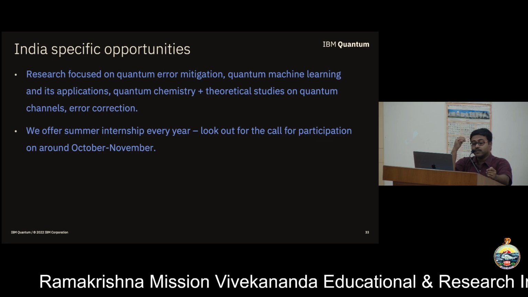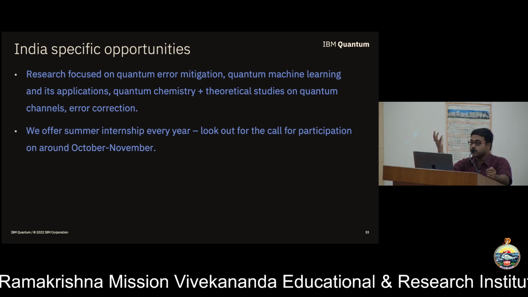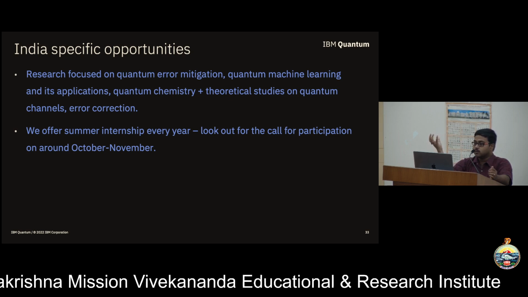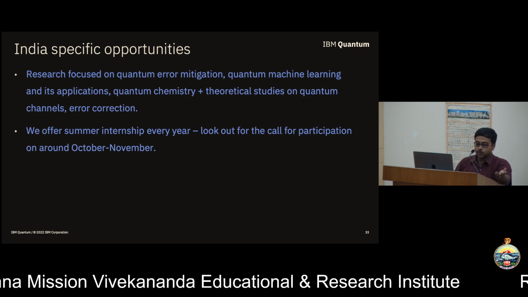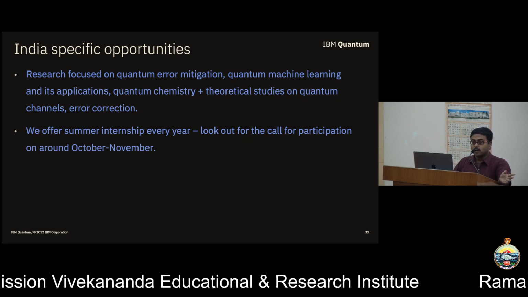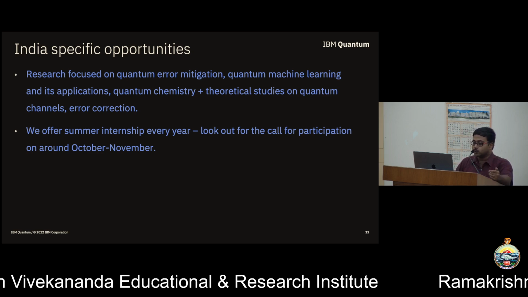And internships are a great way to actually showcase your skill. IBM usually tries to retain good interns by giving them job offers. We have interns who have joined. I was an intern at Watson Lab, and I joined like that. There are other people in our team also who were interns previously, and they got job offers.